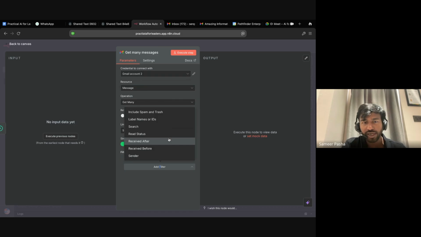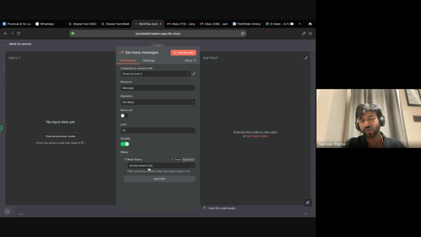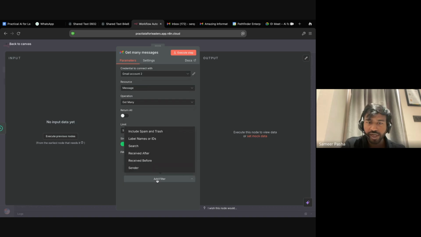What I am doing is that read status is what I want to be unread emails only. Along with that, you can keep received after, received before. So the ideal case would be received after yesterday 6 p.m. But since the email that I have connected to this workflow does not have any emails received, I'm not using that filter temporarily.